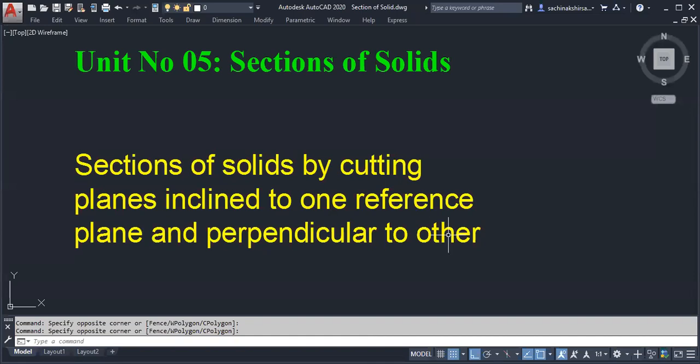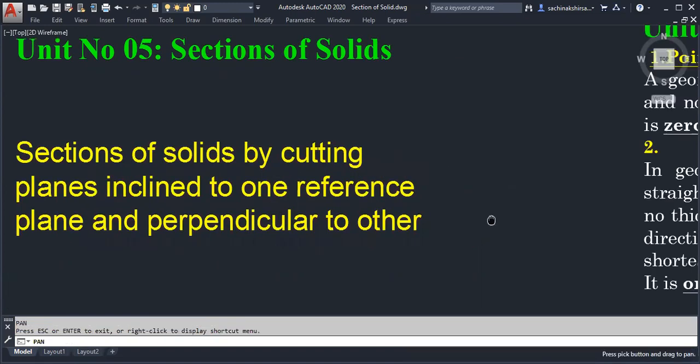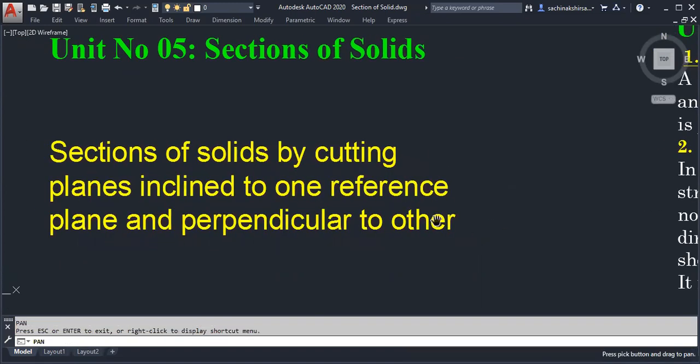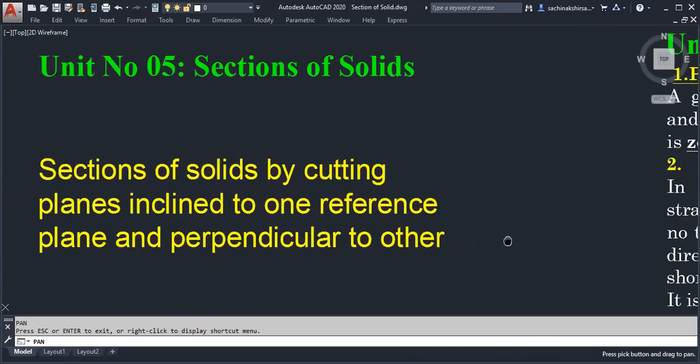Here the most important thing is what? When a particular plane is perpendicular to one of the reference planes, it will show its edge view or line view. So this thing you have to remember, because here we are going to cut the solid. We are going to take a section of the solid by 2 different planes. They are called AIP and AVP. It will come further, that we will see. Okay, so this is the syllabus, only 1 line syllabus is there, and this will be our last chapter.